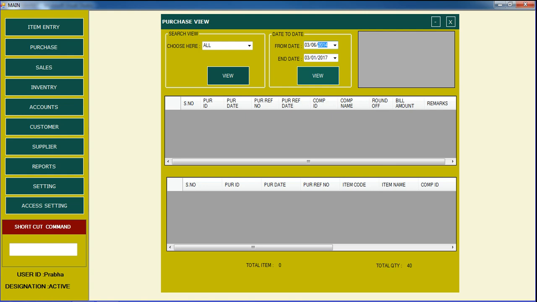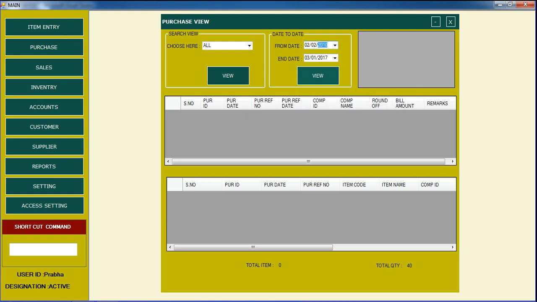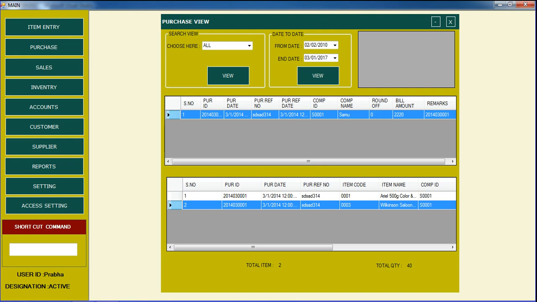Okay, like that. Now view means that time is also not available. I go to 2010. In that time purchase is possible, so this record is possible. So like this, we can search date by date.